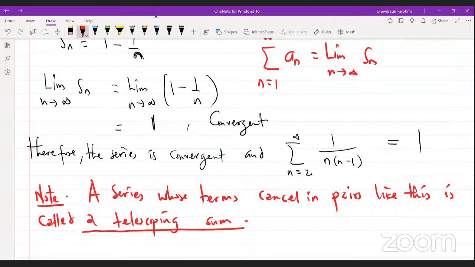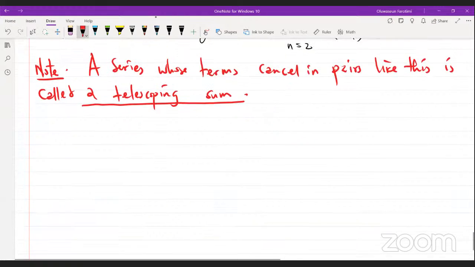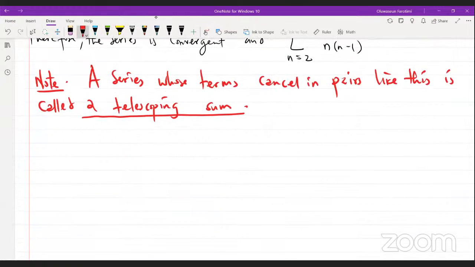Okay. Now, theorem. Oh, let me use my black pen. Okay, so if the series